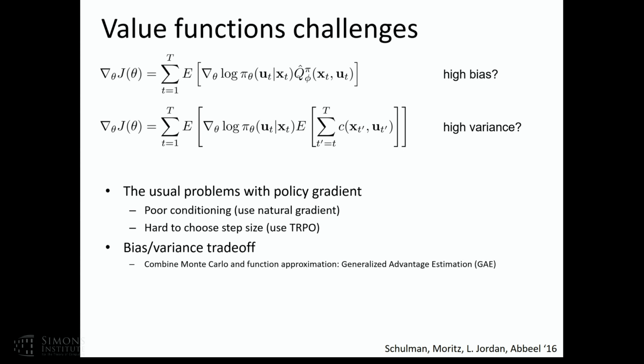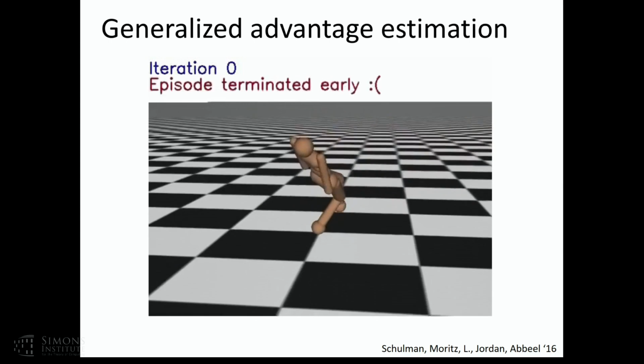There's a way to blend these two, so you can make a weighted combination of the Monte Carlo version and the function approximator version, and that's explored in this paper on generalized advantage estimation. Then you have potentially some problems with instability and overfitting when you fit this Q function. So you can use some trust region methods when fitting the value function so that it doesn't change too much iteration to iteration, and that can also fix some of the instability issues.